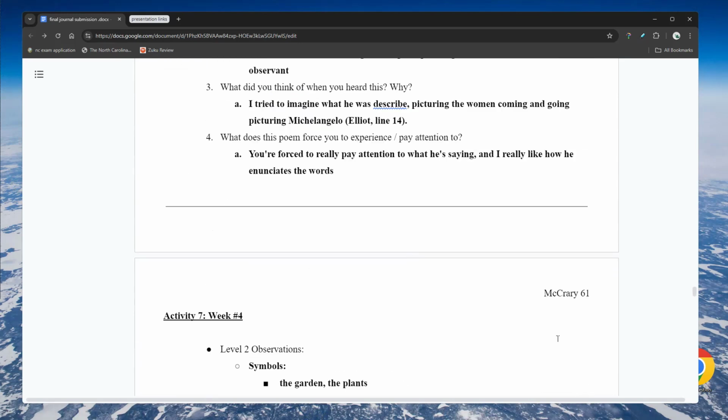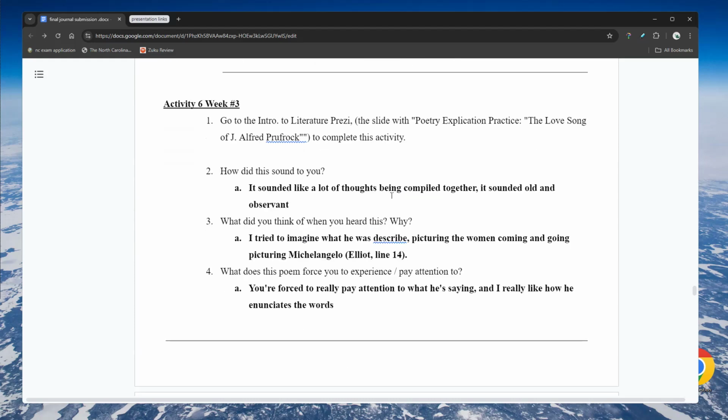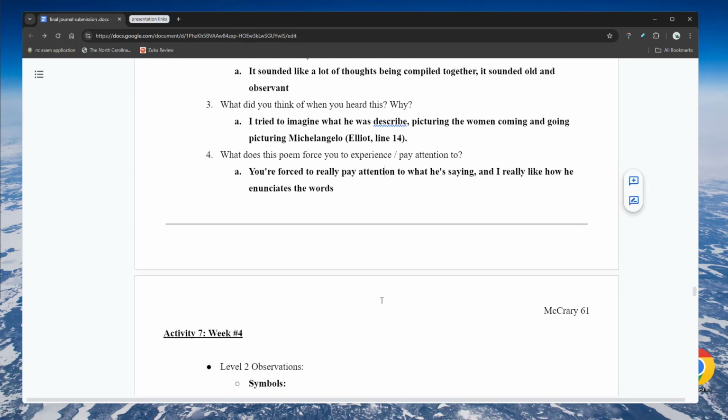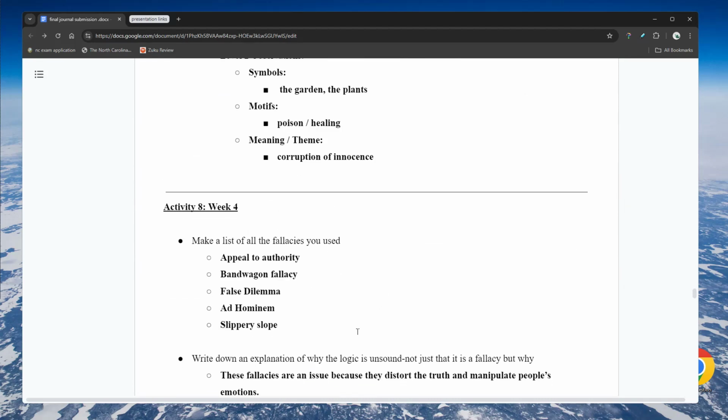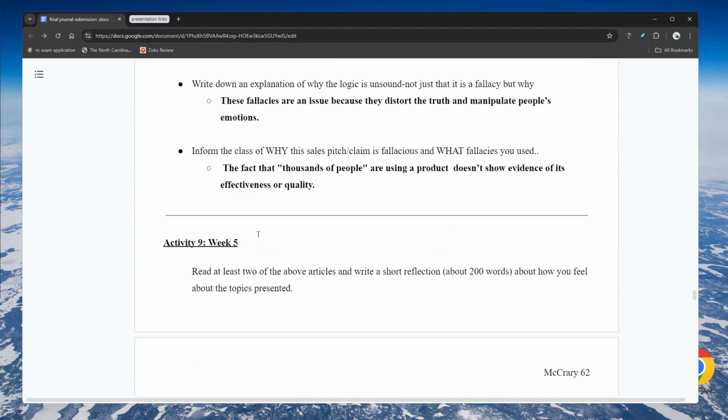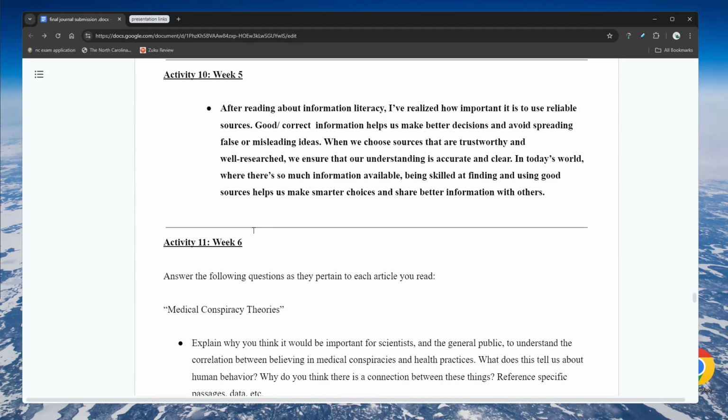And then listening to that, it was interesting. I mean, again, I think the recording I listened to didn't help. But if I actually just listen to the words again, if you really pay attention to what he's saying, it's a really good message. And then again, going through the rest of the activities,